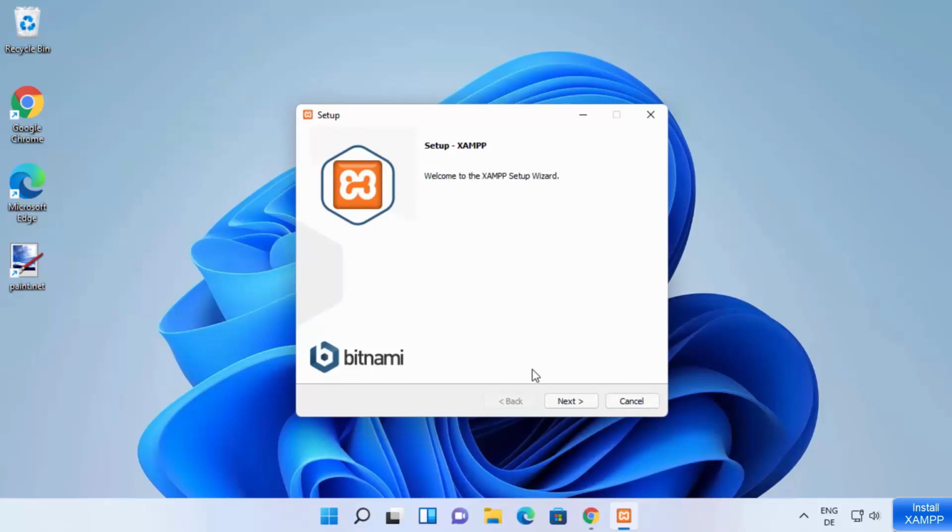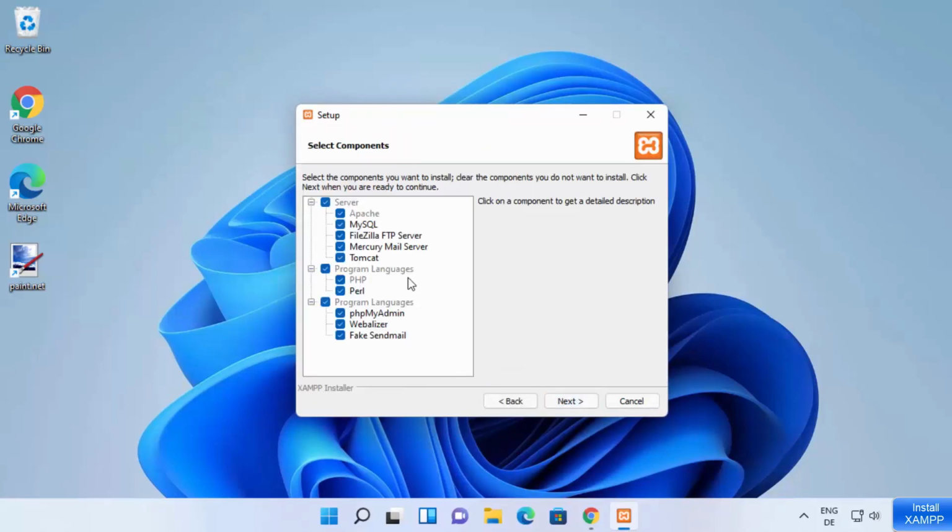Then we are going to click on the next button here. XAMPP server is going to come with all these tools: Apache server, MySQL, FileZilla FTP server, Mercury mail server and Tomcat. The languages supported by XAMPP server are PHP and Perl, and the programs are phpMyAdmin, Webalizer and Fake SendMail. I want all these components, so I'm going to leave everything as default and then click